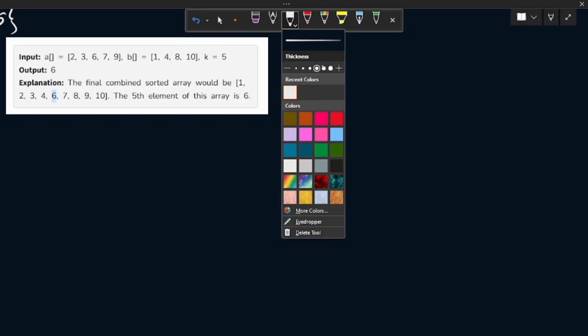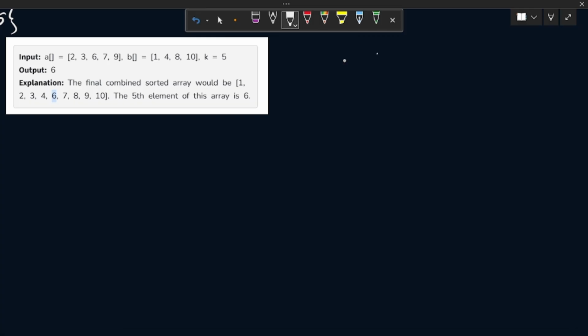So combining A and B would give us, let's say C is the combined array. So C will look something like this: 2, 3, 6, 7, and 9. These are all the elements that A has, with all the elements that B has, followed by 9, 1, 4, 8, and 10. Now the sorted version of C would be